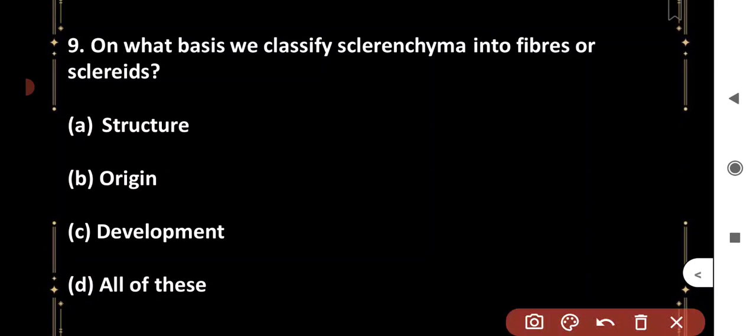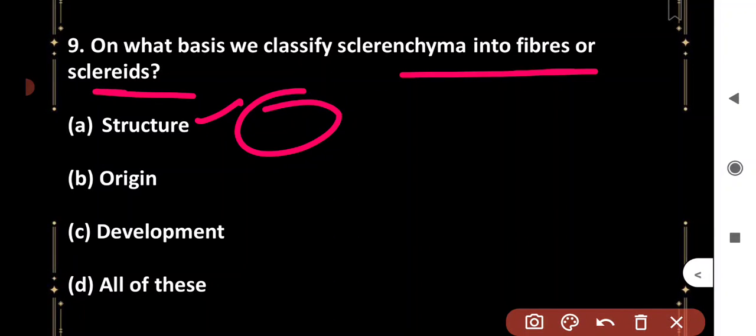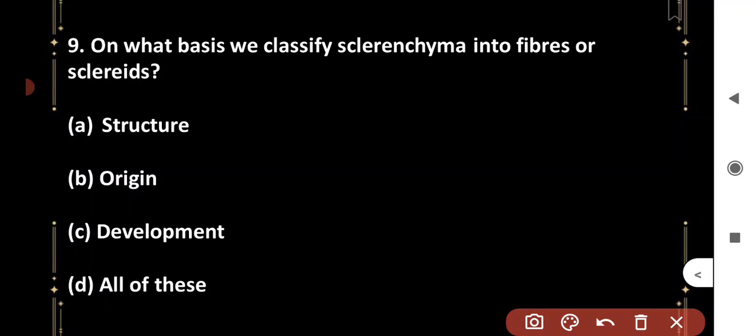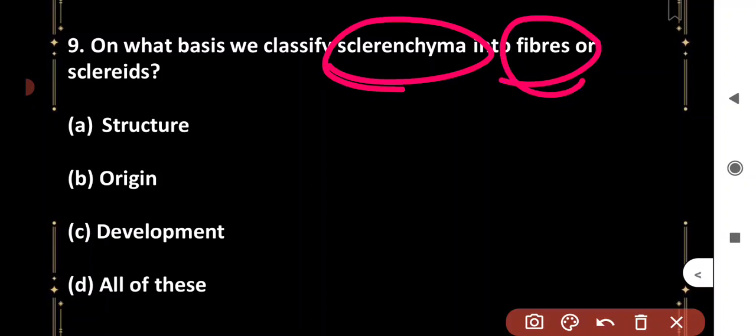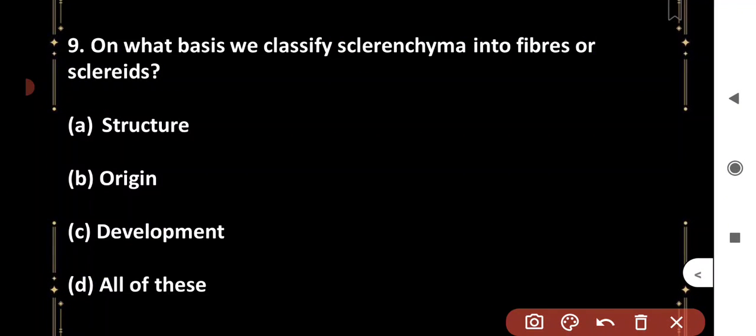Next question: on what basis do we classify sclerenchyma into fibers and sclereids? So on what basis are we dividing? First thing is structure. In sclerenchyma, fibers and sclereids are there. Sclereids, as we did previously, are spherical in shape. Based on their origin and development, we have divided sclerenchyma into fibers and sclereids. Okay, so all of these. Okay. Next question